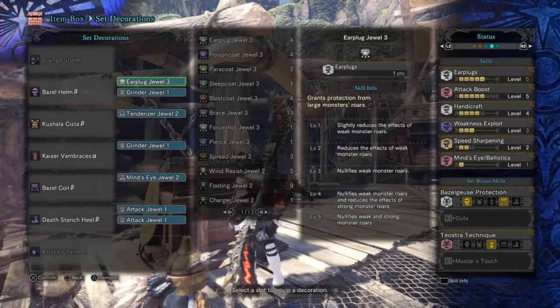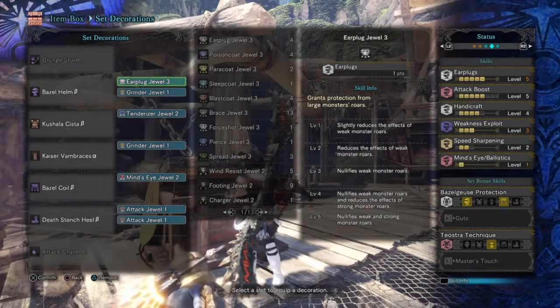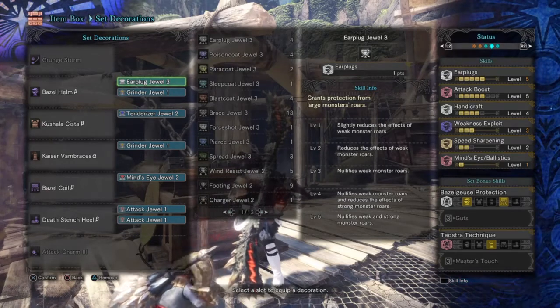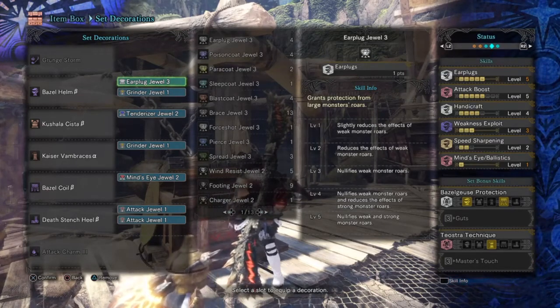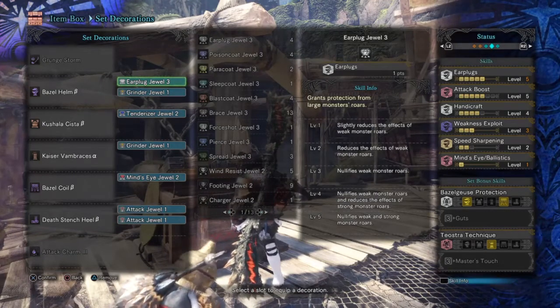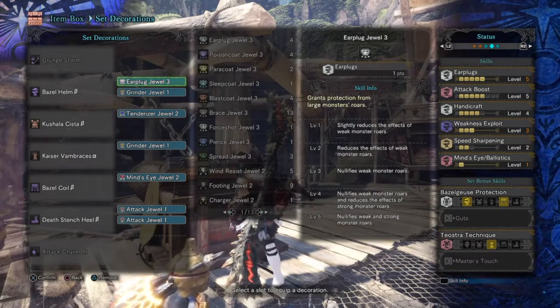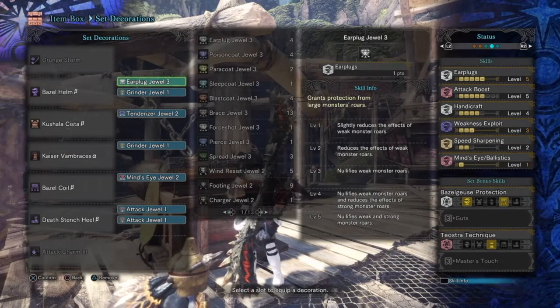So bearing in mind the requirements I was looking for, I went with these skills that best suited the build. I decided to add more sharpness to the weapon to increase the base white sharpness it already has, with a Handicraft 4 skill. I then increased the base damage of my weapon and affinity to help negate the minus affinity from the weapon, while also blocking out the monster's roar to increase DPS with Attack Boost 5, Weakness Exploit 3 and Earplugs